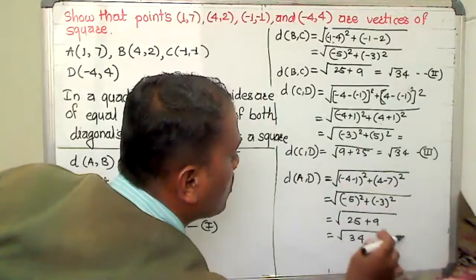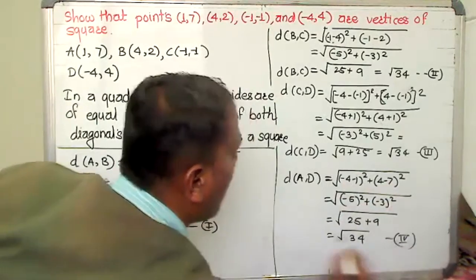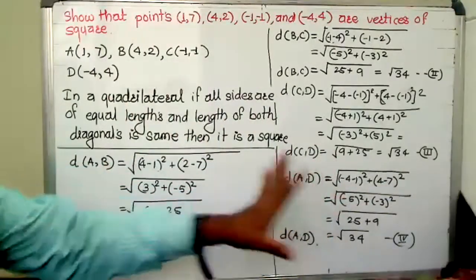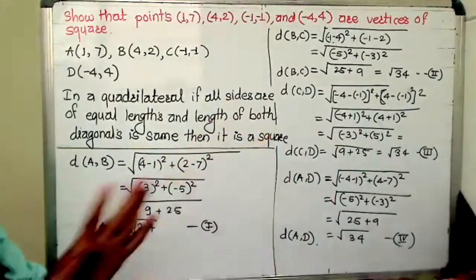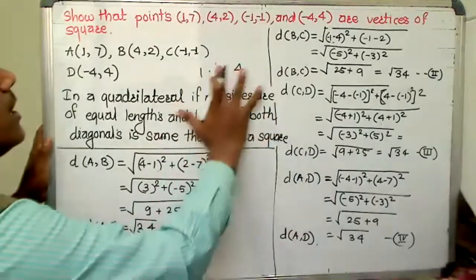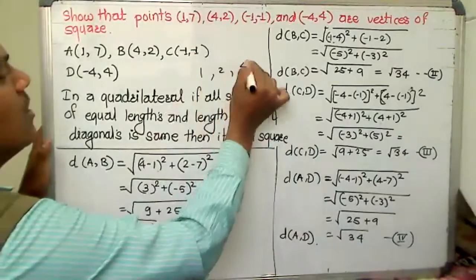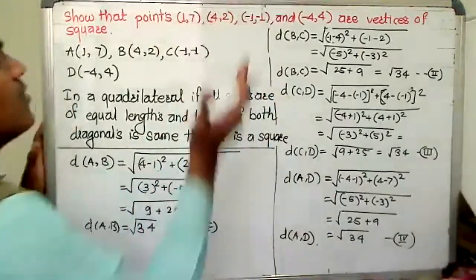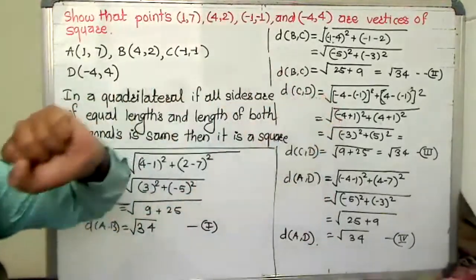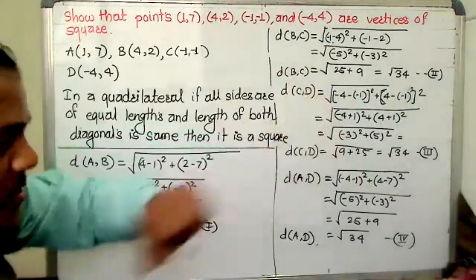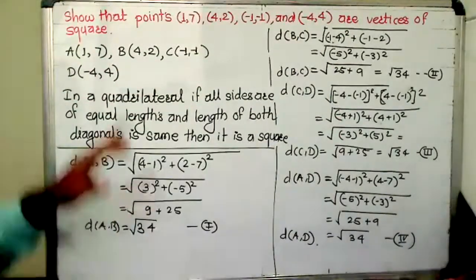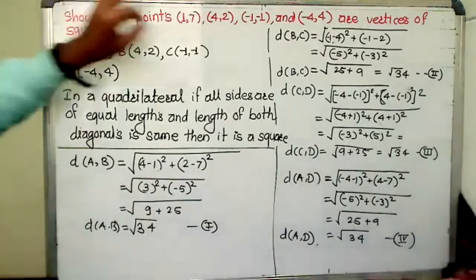25 plus 9 is again root 34. Now from this information, from equations 1 to 4, all the 4, we can say that this is a rhombus. This is a rhombus. If a question like this is asked,